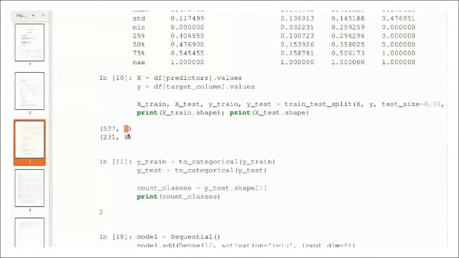8 features are there, and the training labels and testing labels we converted into categorical values, because they are normally 0 and 1. So we convert into a one-hot representation. So it will be a two-dimensional vector, as we did in the case of handwritten digit recognition. We converted into a 10-class one-hot vector. Here we are converting into the corresponding 2-class vector. So it has 2 classes, 0 and 1.